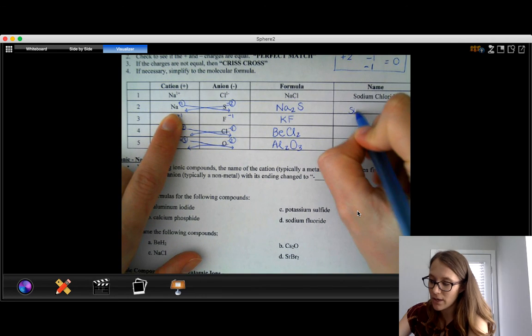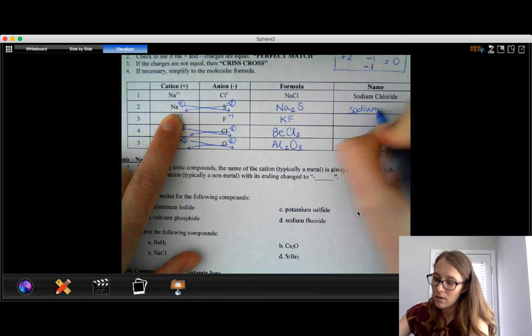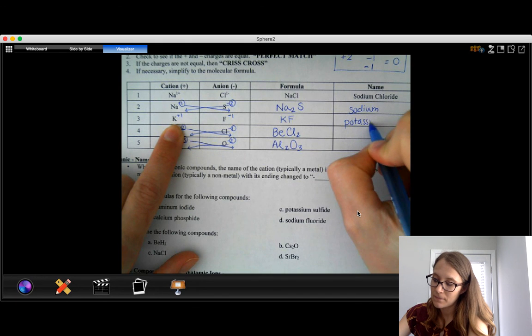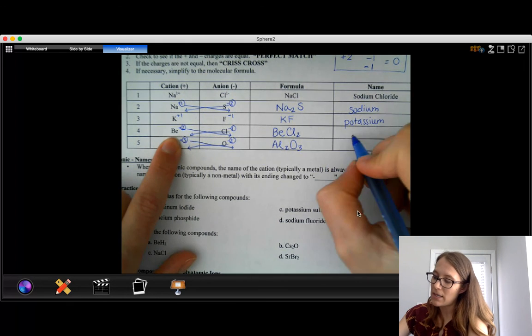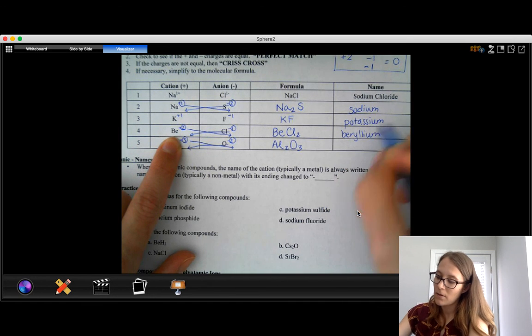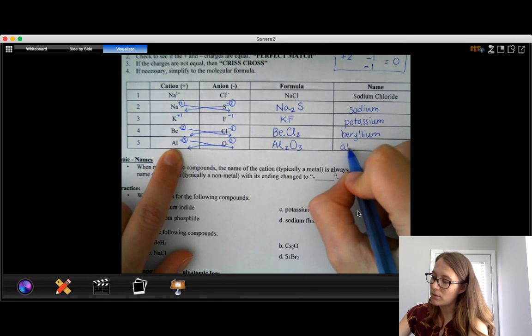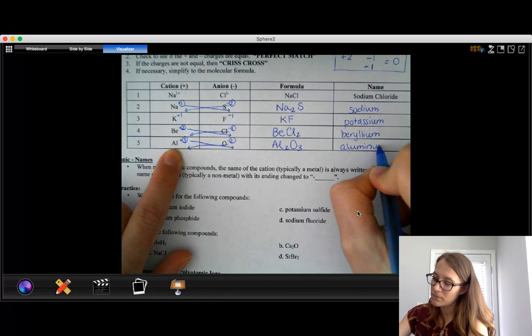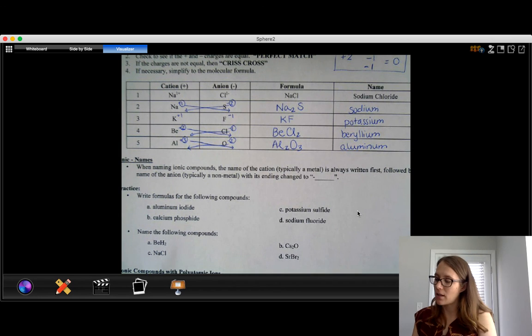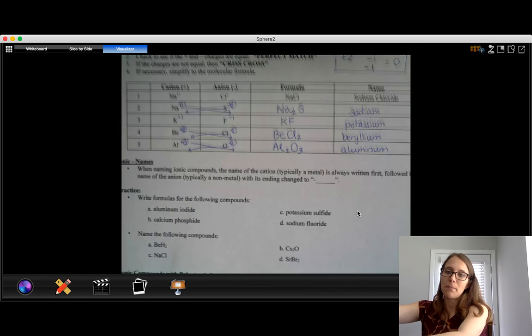Na is called sodium. K is called potassium. Be is called beryllium. And Al is called aluminum. So that's the first part of the name. We just named the first element. The second part of the name